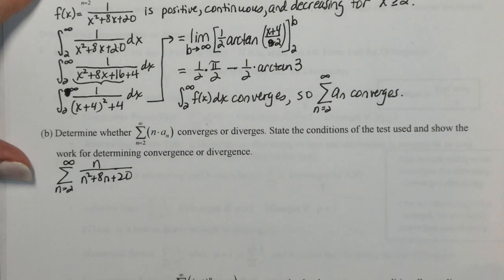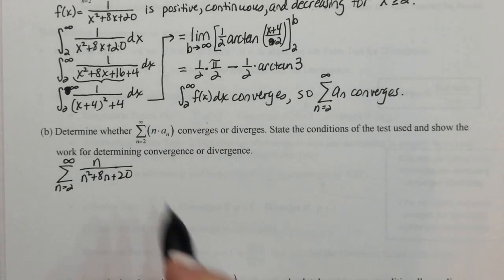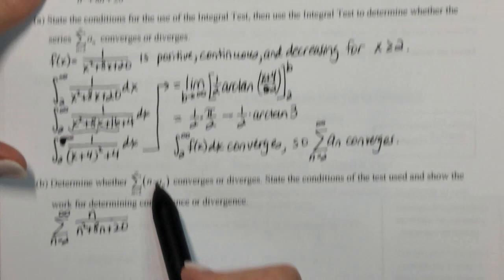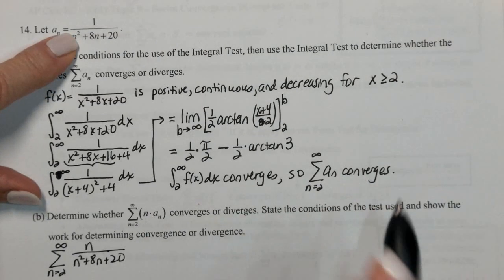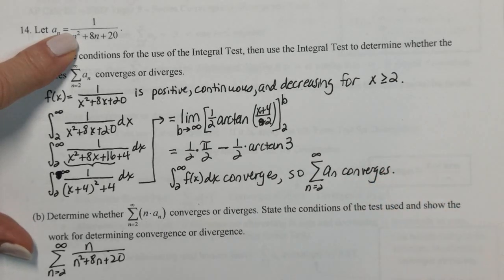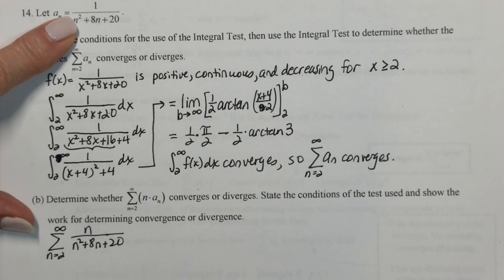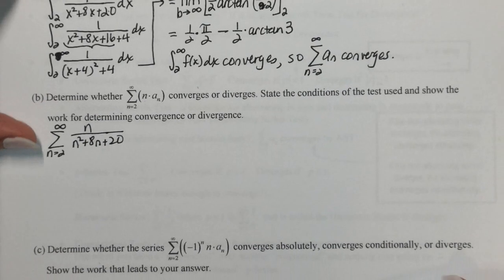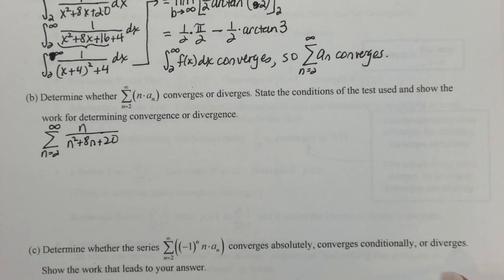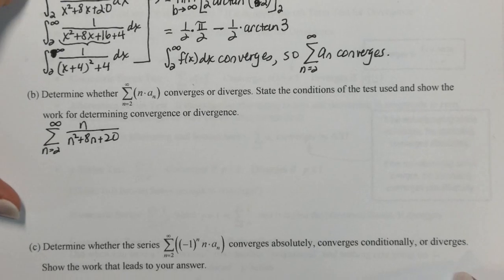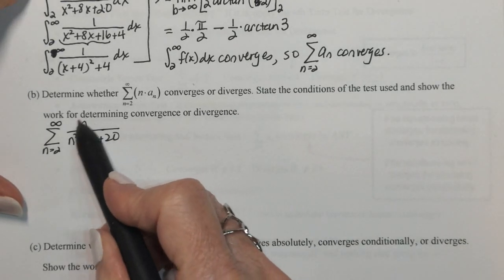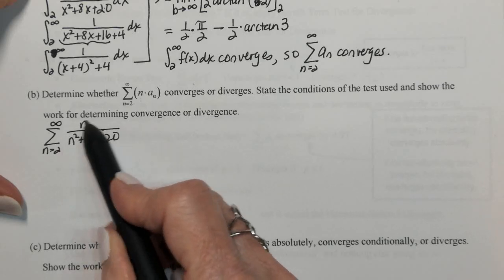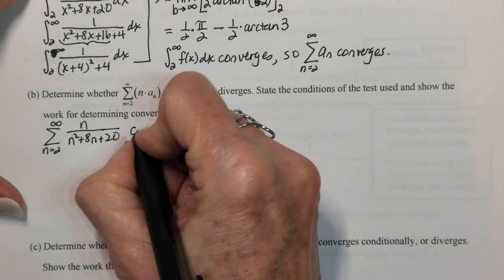So often, you guys, I see students who will write this and they'll write n times this, and they won't know what to do with it. Use your head, you guys. Use algebra. When you're multiplying a fraction times n, you multiply it. All right. So I see that this is going to behave like 1 over n. Therefore, I'm going to compare with